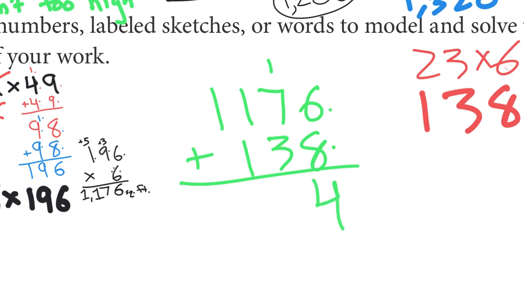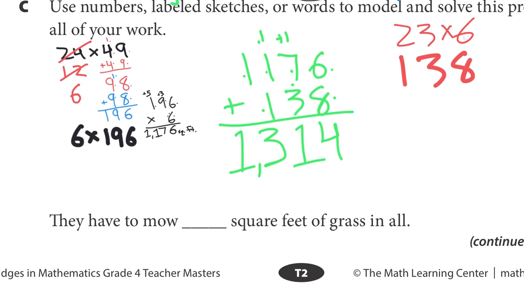Carry the 1. 7 plus 3 is 10. Plus 1 is 11, so you got to carry another 1. 1 plus 1 plus 1, 3. 1 plus nothing is 1. So my answer that you're going to be writing down in this blank here is 1,314 square